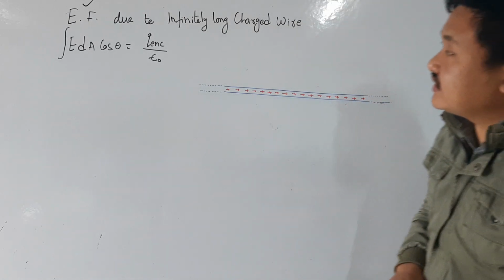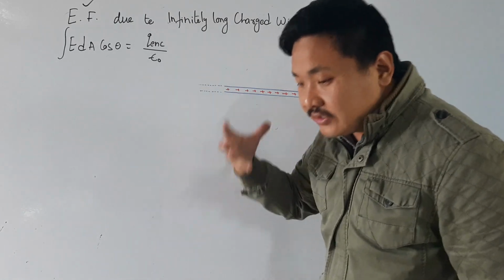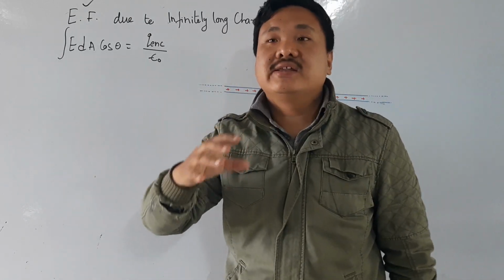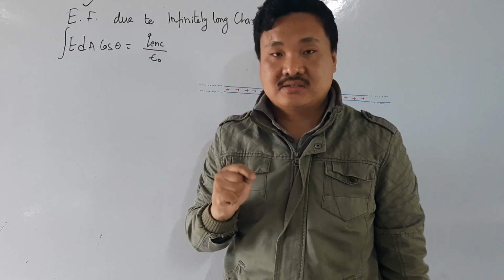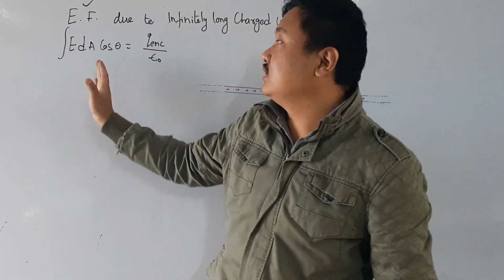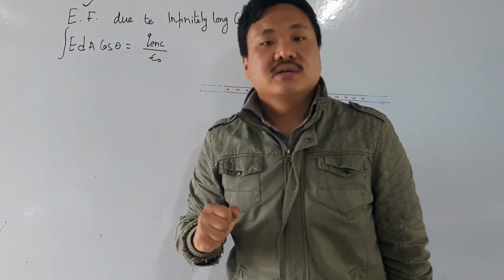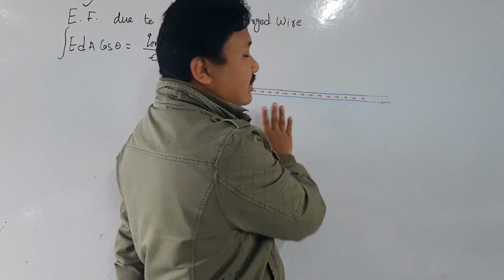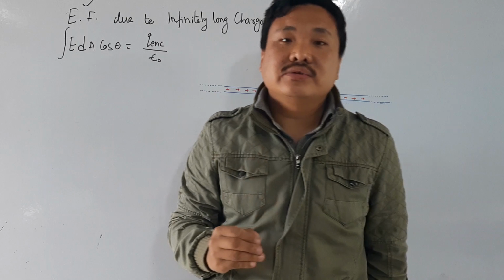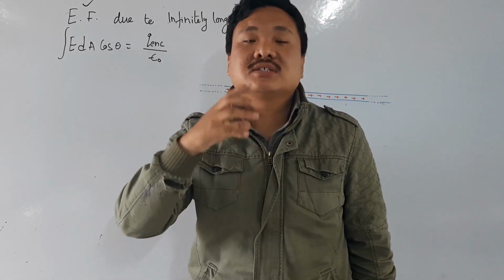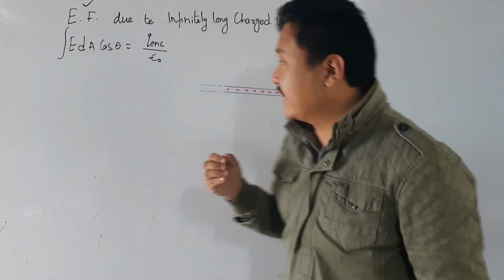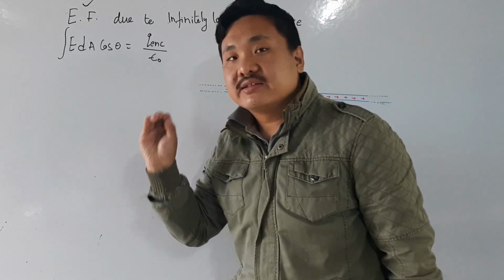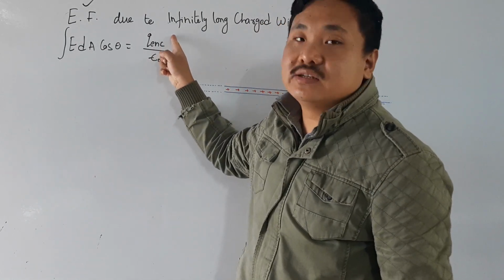Now, we can use the Gauss theorem only when there is a closed surface. So, where is the closed surface here? Nowhere is there a closed surface here. Then what I do is I have to construct a closed surface around this long wire. Please remember this is the charge enclosed, right?